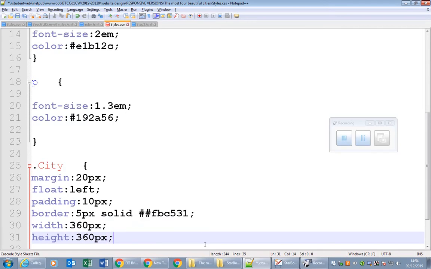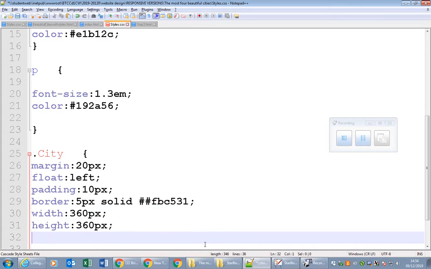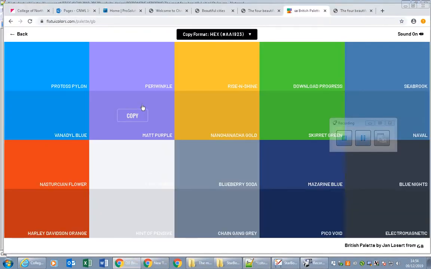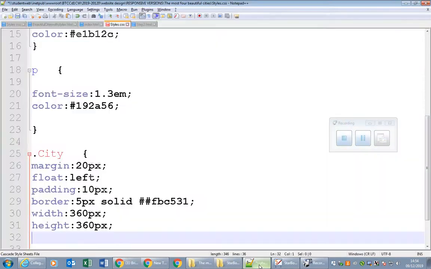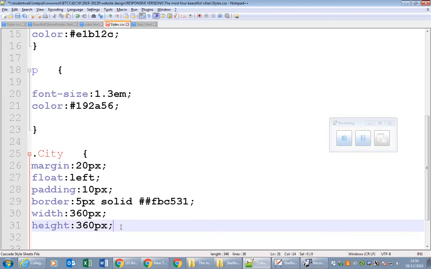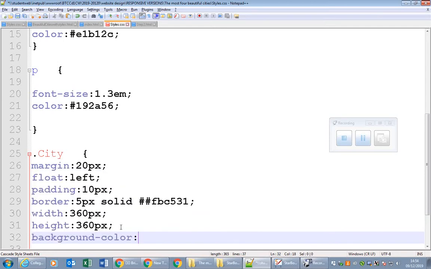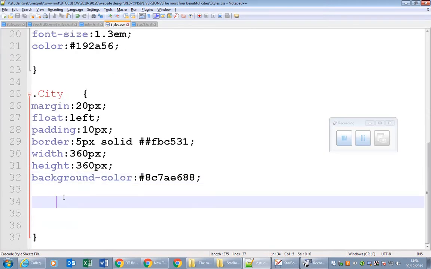And we can give it a background color, but let's give it the base color first for the background, and then we'll add transparency. How about this purple, matte purple it says, background color, but then we add some transparency into it, and let's see what this gives us. Alright,